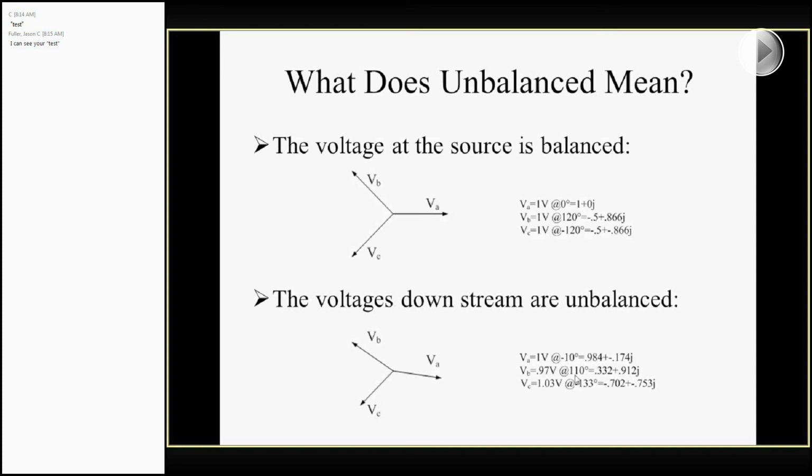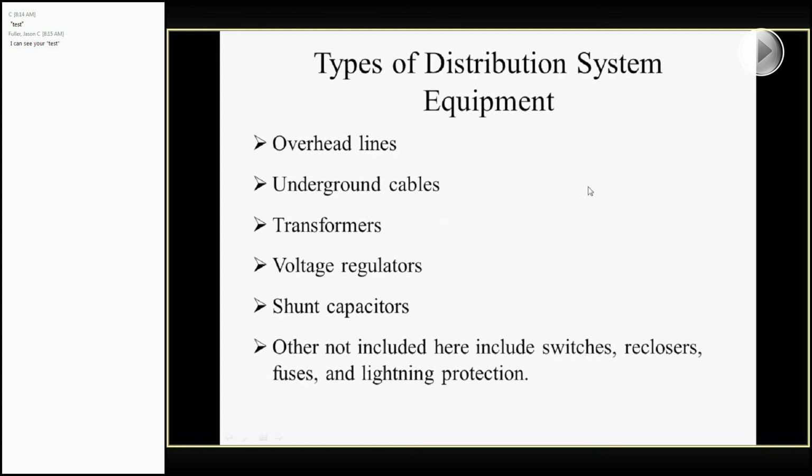Like the A and B are 120 degrees, but the next one is actually 123 degrees. So there's no guarantee that everything will balance out into a nice equal system. And one of the consequences of that is you won't be able to collapse it down to the positive sequence component. So in terms of distribution system equipment, there's a variety of different things that